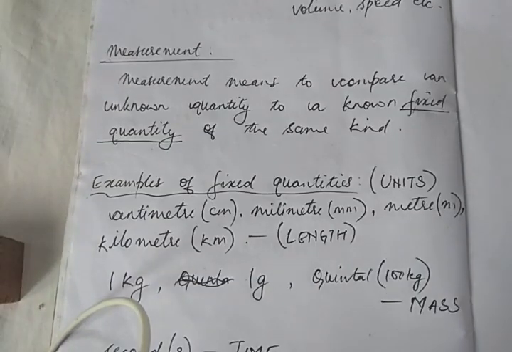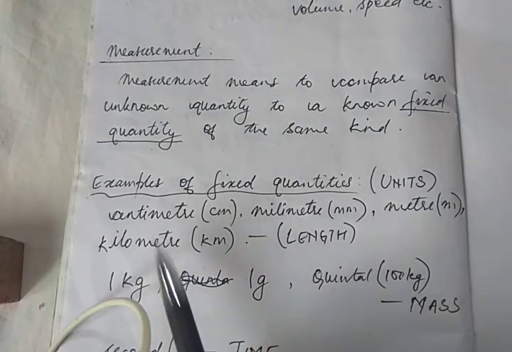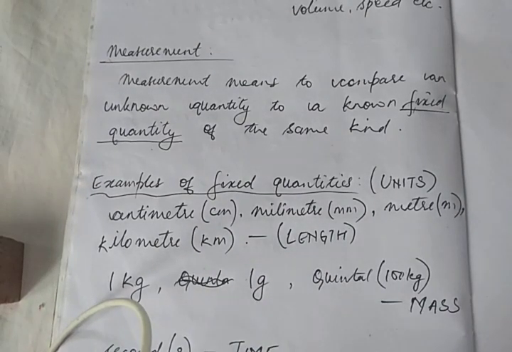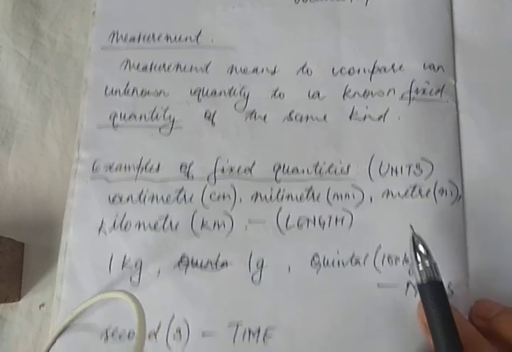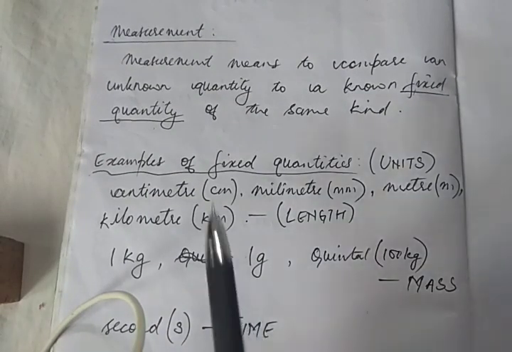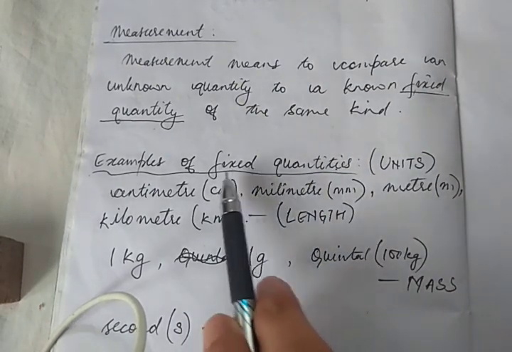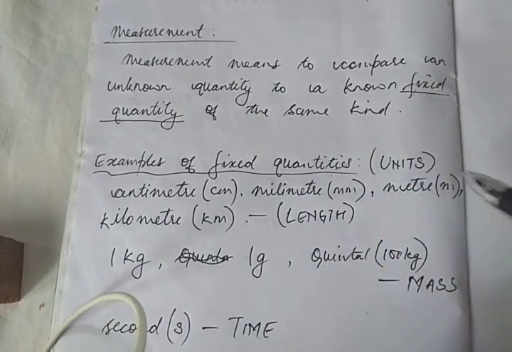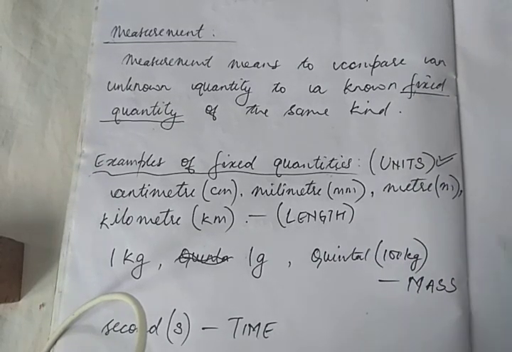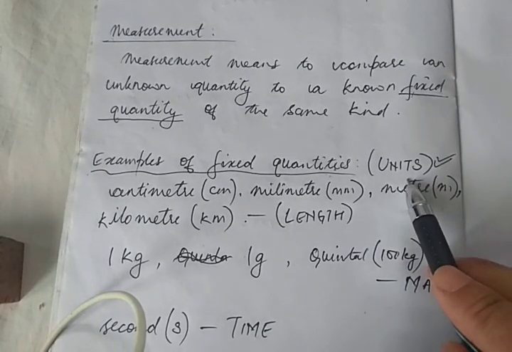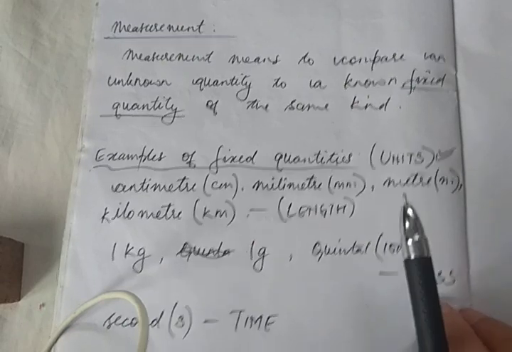See, many years back, some 100 years back, scientists and learned people from all over the world got together and defined something called fixed quantities or standard quantities. Now these fixed quantities or standard quantities are also called units, are generally called units. Like, for example,